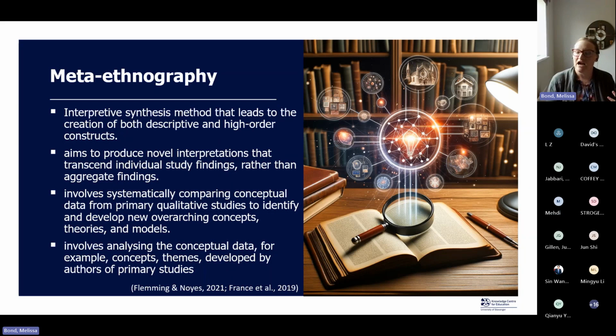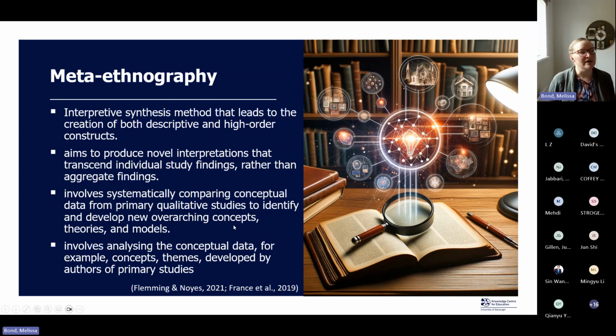So rather than adding up counts of how often certain codes appear within different studies or how often a phenomenon appears, we're looking at really understanding the interpretations behind the data, behind quotes from participants across all of the qualitative studies, to develop new understandings and new findings.